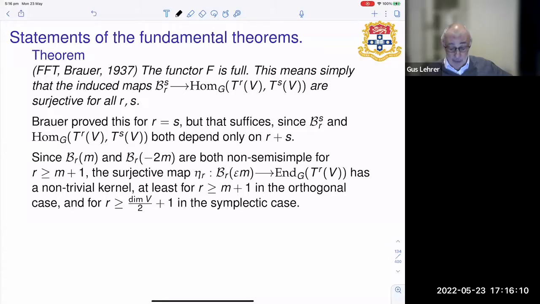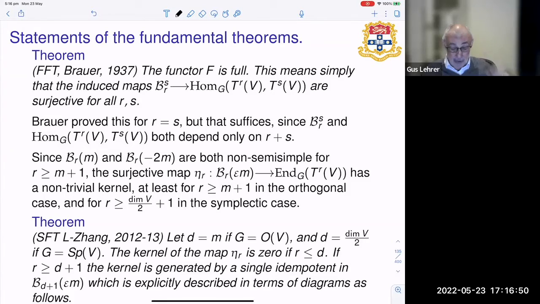And therefore, the implied surjective map, which we have from the Brauer algebra to the endomorphisms of this tensor power, has to have image which is a semi-simple algebra. But since BR of epsilon M is not semi-simple, once R is at least M plus 1, we know that there must be a kernel, at least for most of the